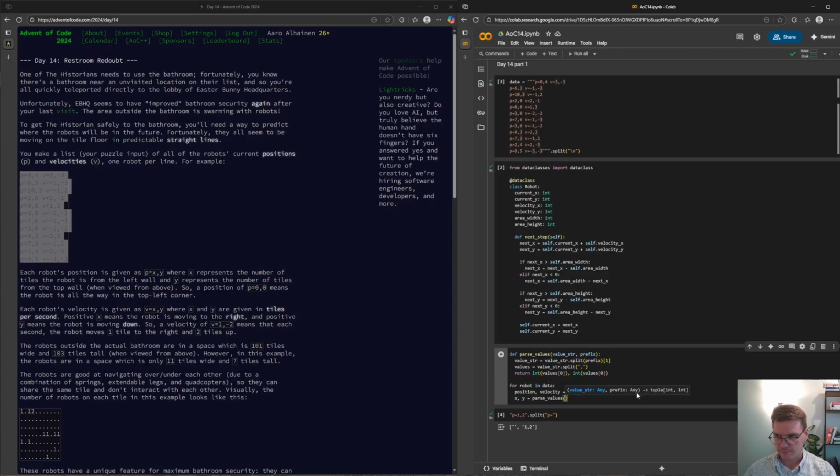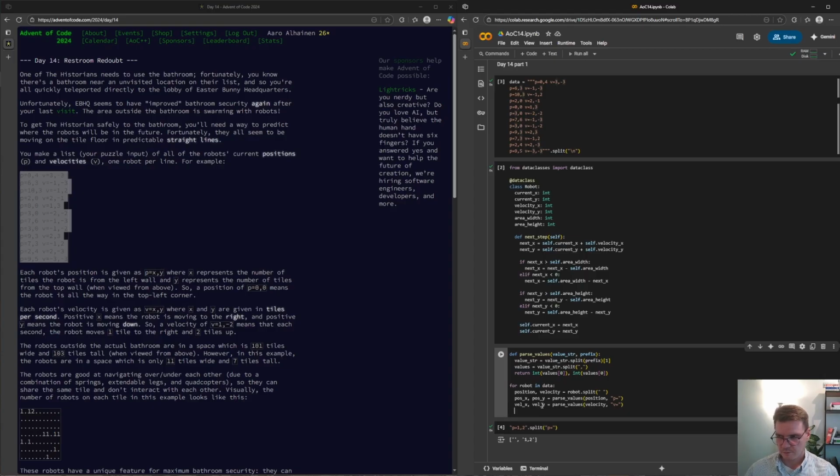We will give it the position, and it was p equals, and then let's rename this actually pos and pos, and then same for velocity.